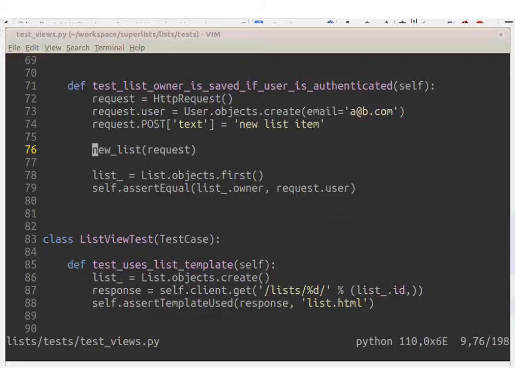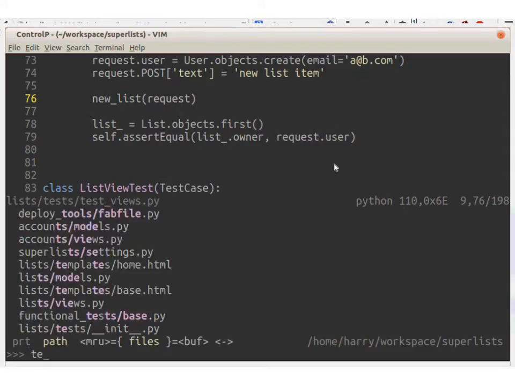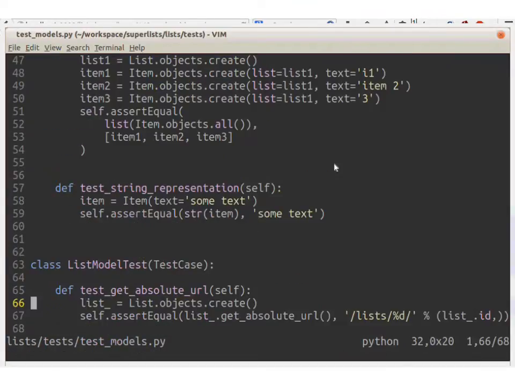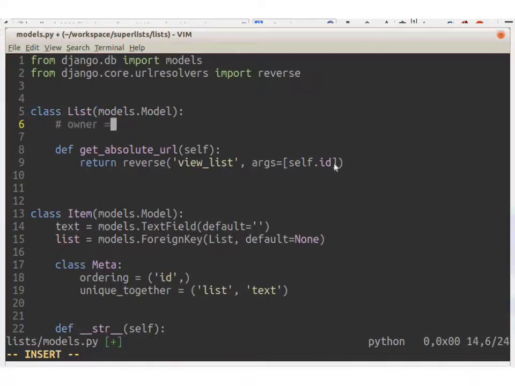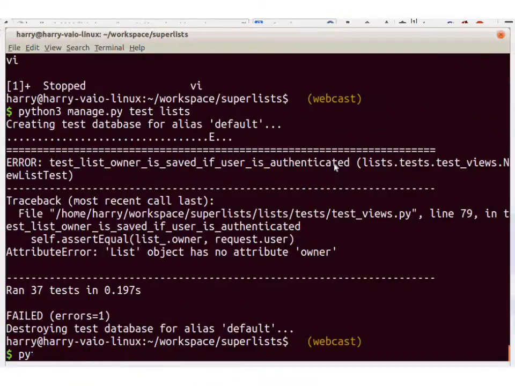Okay, fine. All right, so in the book, what I do next is I go ahead and say, oh, okay, well, I can't get this test to pass until I create a foreign key between my models and my users. So I'd go over here to test models, create a new test in here that says test list can have owners, go into models.py, and start creating my owner equals models.foreign key, blah, blah, blah. But actually, what that's doing is it's cutting a corner, because if I've got my view level test failing over here, I can never get this test to pass until I move on and make some model layer tests